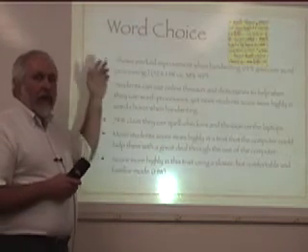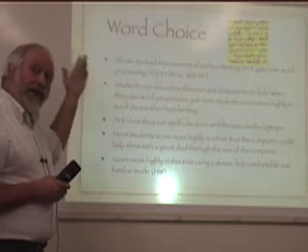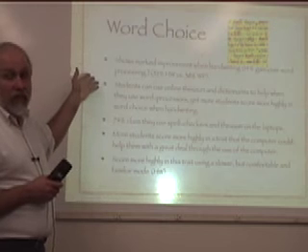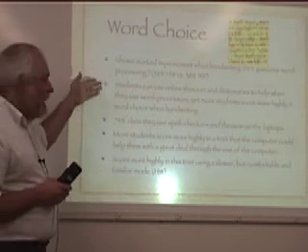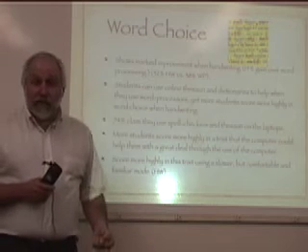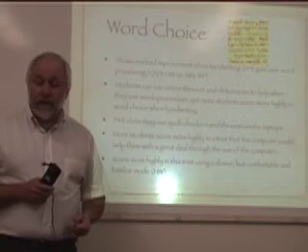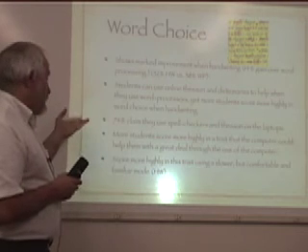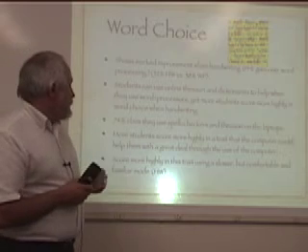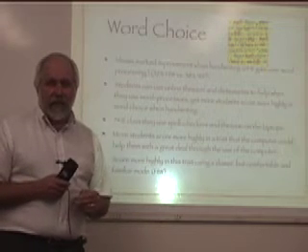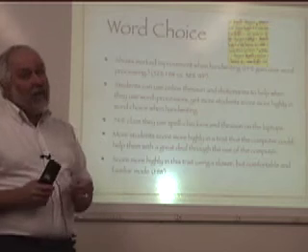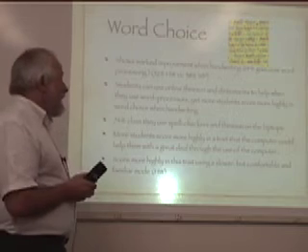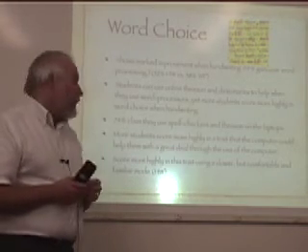Word choice. Now, we're going into an area where students do better in handwriting than they do in word processing, because there's a 14% gain in word choice when students handwrite their writing. They have the ability, using their computers, to use online thesauri and online dictionaries. However, they don't seem to be gaining in their score area by using these things, because even though 47% of them claim to use spell checkers and thesauri on their laptops, in actuality, many of them aren't pressing the spell check button or aren't very good at using the spell check options. And the thesauri, they may not know how to use at all.